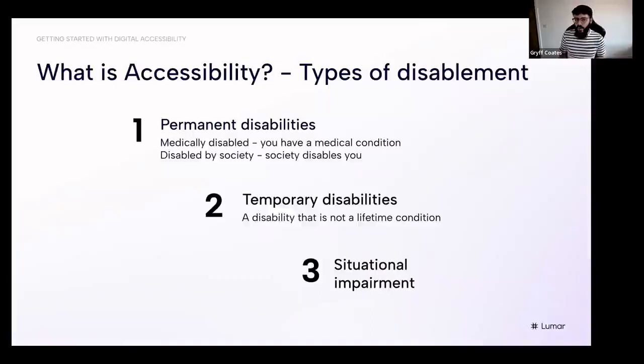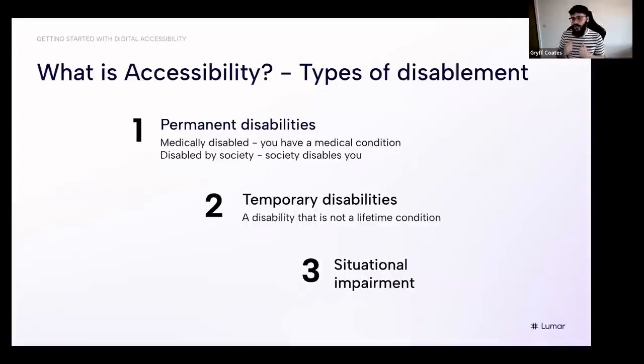The first, which is the most common, is medically disabled. The second, which is probably the better one, is disabled by society. Being medically disabled means you have a diagnosis for a disability and it's looked at as a medical issue. If you have autism, it's diagnosed as autism, and it's up to yourself to help yourself fit into society. If you're an amputee, you should get medical apparatus that allows you to get into general society. It's up to you as an individual.